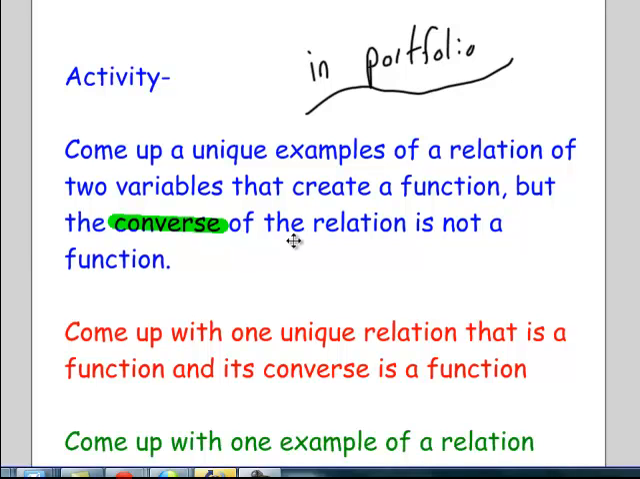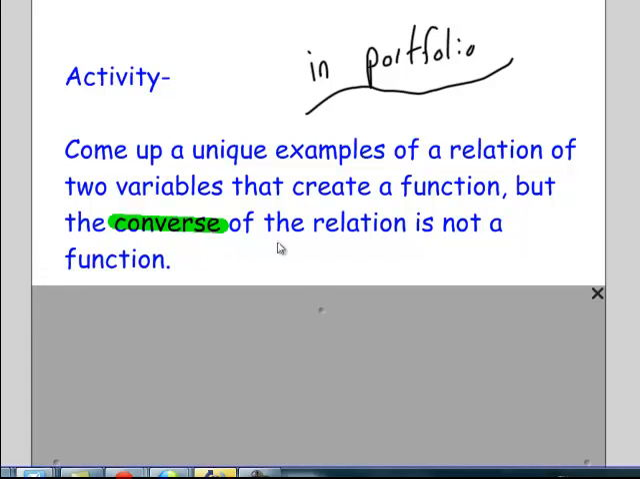Okay, class, so this is an activity that I'd like for you to complete in your portfolios. And it's an activity which has you create your own functions. So the first thing that you're going to do is come up with two variables. So the first part of this is come up with a unique example, so it can't be similar to your